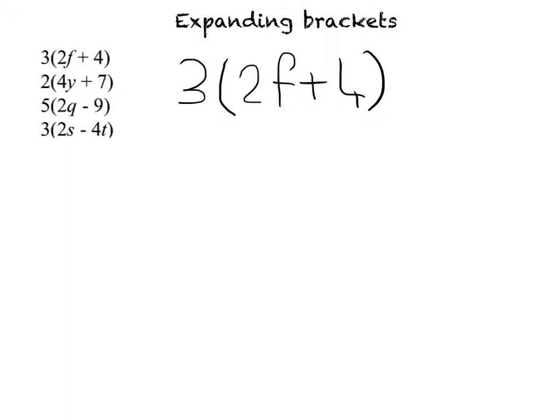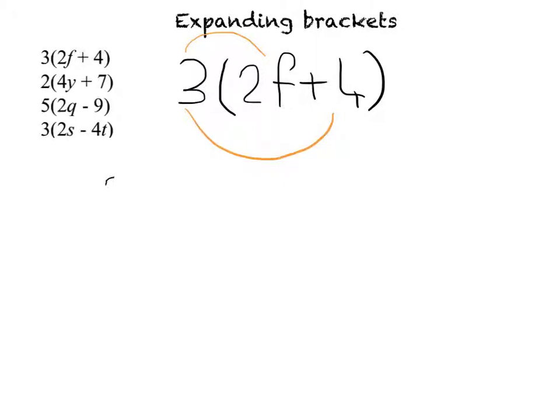Each term inside, so I've got this 2f, I've also got this plus 4 inside, they're both going to have to be multiplied by 3. So each thing inside is going to have to be multiplied by 3. So I'm going to have to do 3 times that, and 3 times that. The working out you're actually going to do